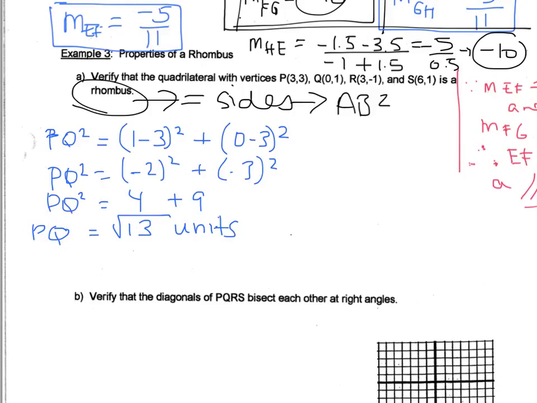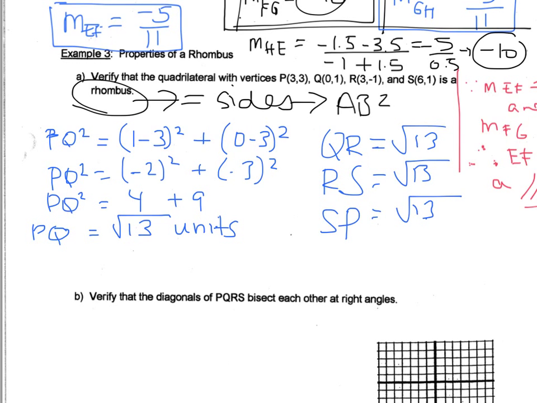You don't even need to figure out the square root of 13. I mean, you could in your head, you could say, okay, if I did 3 times 3, I'd get 9. If I did 4 times 4, I would get 16. So 13 is probably somewhere in between 3 and 4. You could work it out and get 3.6 or 7. But you don't need to find the exact decimal answer because all of the square roots should be the square root of 13. Every single length should give the same answer underneath the square root sign. So if you were to work out QR and RS and SP, and they all equal root 13,